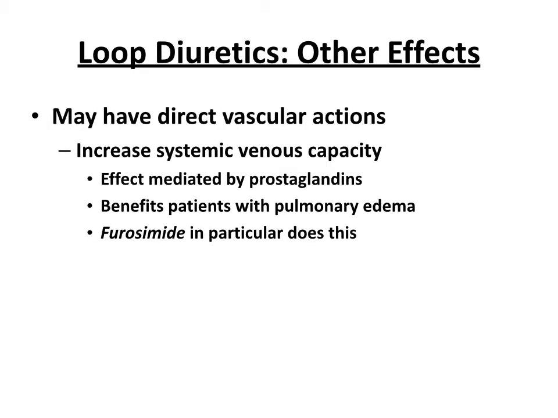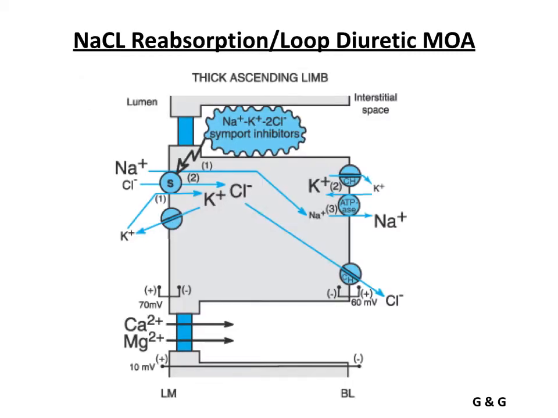In terms of other effects that you may want to be aware of, these guys are hypothesized anyway to have some direct vascular actions, and so they increase venous capacity, and this effect is thought to be mediated by prostaglandins, and it actually can be helpful to people with pulmonary edema. So if somebody's got a bunch of extra fluid on the lungs, loop diuretics might be the best way to go. And in particular, furosemide will do